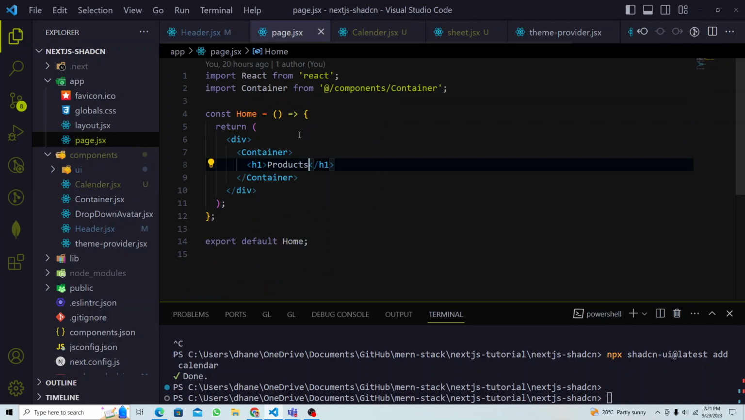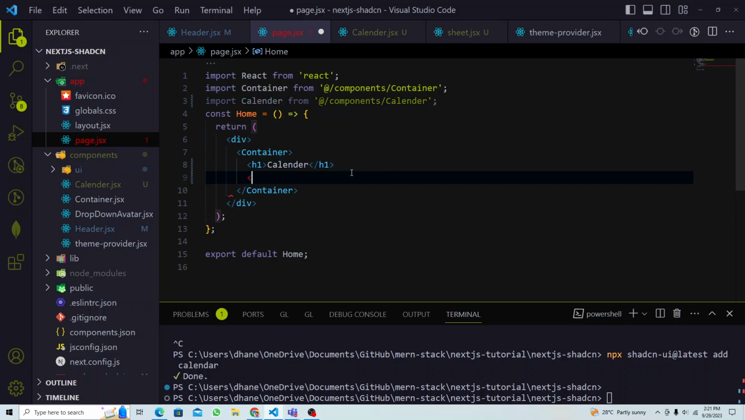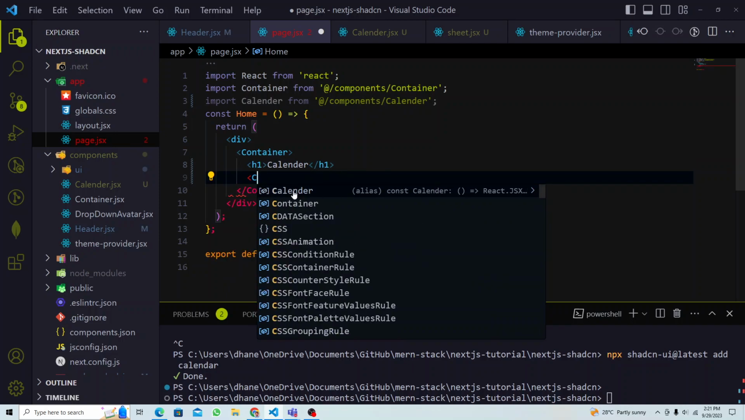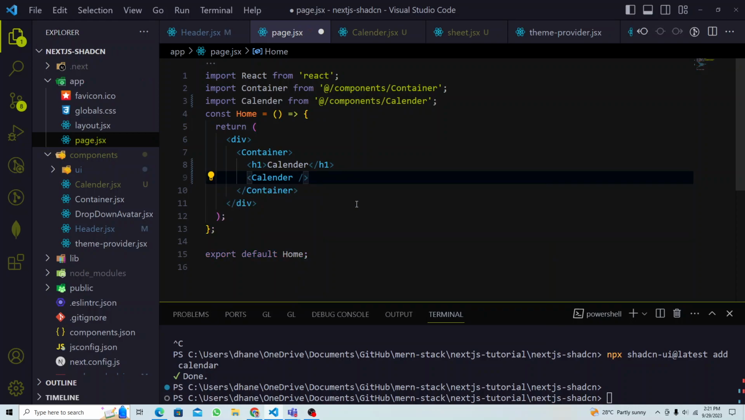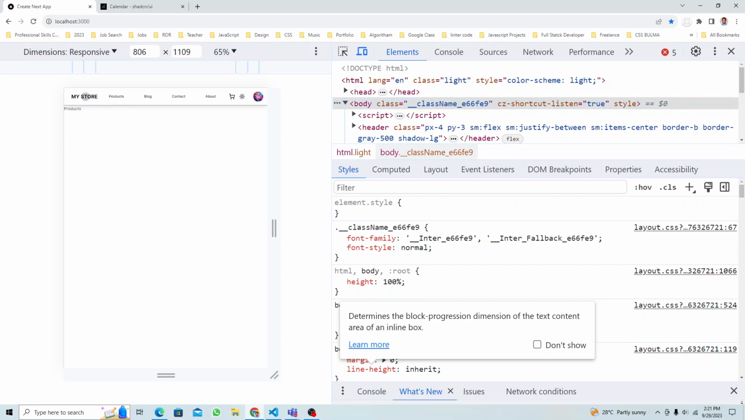So if you go to the page, I want to display it somewhere here, right below this. So let's call this Calendar. Now import, and we can add it here. That's the content calendar, coming from components calendar. Okay, that's good enough. So let's check now. If you go to the home page,